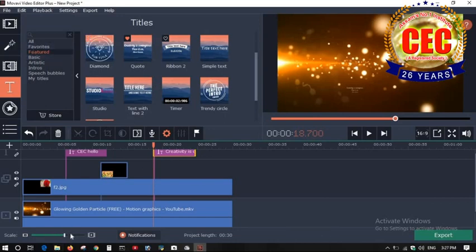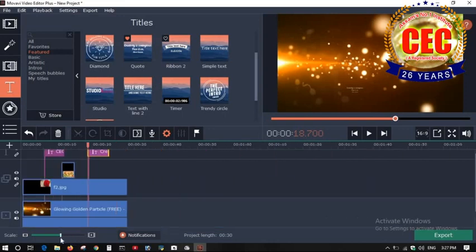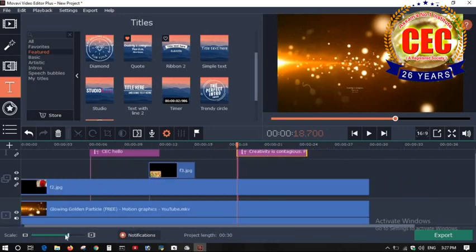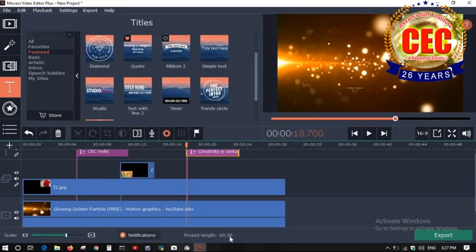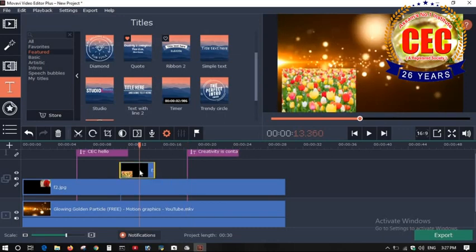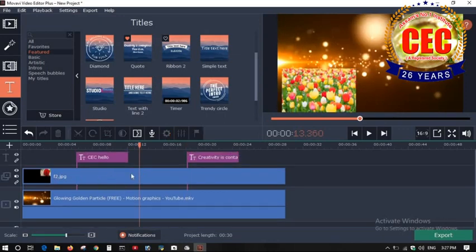If you want to edit large videos, you can scale up and down through here. The entire project length will be shown here. If you want to delete a video or picture, select the picture and just delete it.